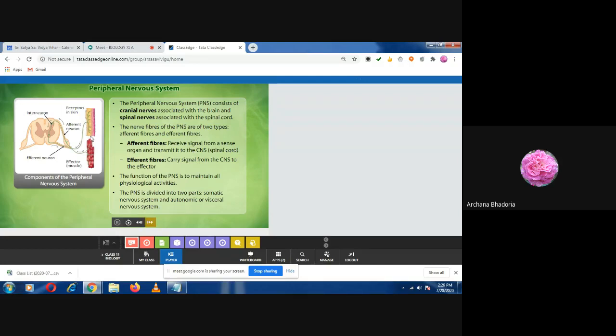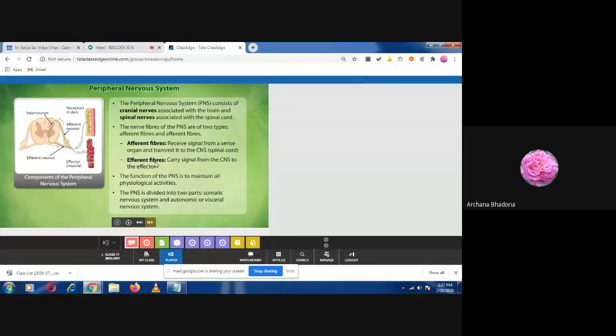Okay, so for example, a finger, if someone pricks the finger, so finger में जो sense that is receptors are there, they will receive that impulse and then वहां से लेके जाएगा स्पाइनल कॉर्ड तक एक नर्व फाइबर. उस नर्व फाइबर को हम क्या बोलेंगे? एफरेंट. Now what will happen after nerve? Spinal cord will give the message. Okay, कि आप अपना finger को हटा लो because it is being pricked. So that information will come through other set of the nerves, that is the fibers, which you call it as efferent fibers. Did you understand, everyone?